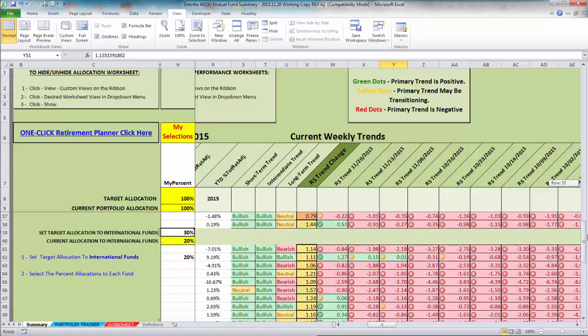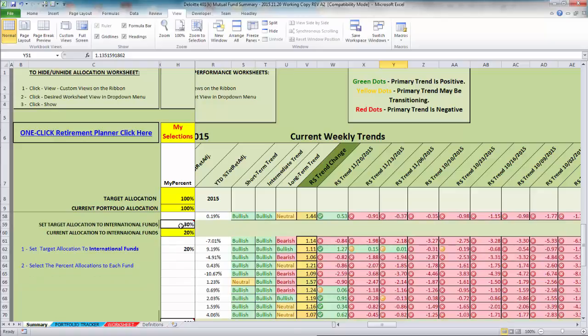Let's go down to our international funds, and we're seeing where we would like to have a target of 30% allocated. We currently have 20% allocated, and we currently have one fund that we're in that's showing that it's bullish, and we're starting to see a change down in this fund. With that said, let's go ahead and move our capital over to this. Since we are bullish here and we'd like to be 30%, let's go ahead and add an additional 10% to